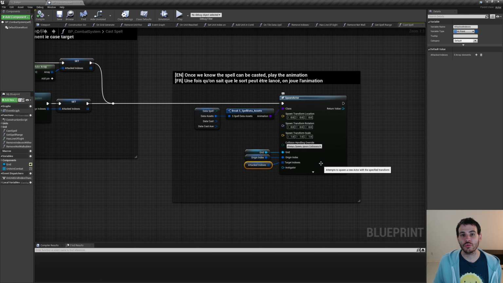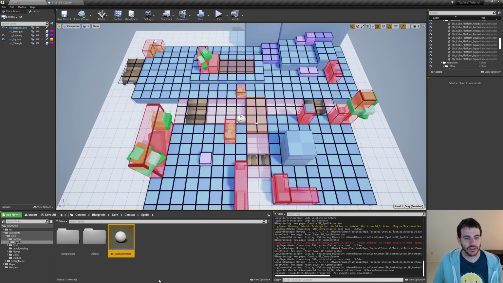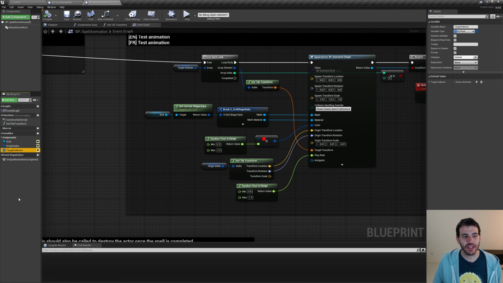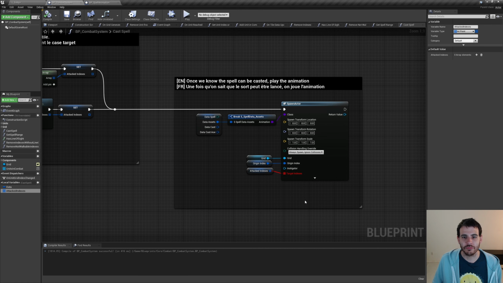And I'm also going to re-add the target index because it's going to be helpful depending on the spell. So I'm going to go back in my spell animation, here in spells, and open BP spell animation. On the left, I'm going to start by renaming my variable. So target indexes, I'm going to rename it attacked indexes. And then I'm going to duplicate the origin index and rename it target index, because some spells will need that variable also. So now we can compile the spell animation